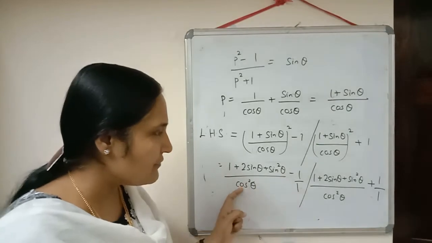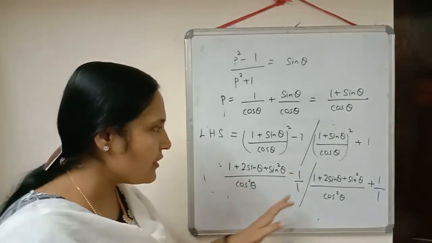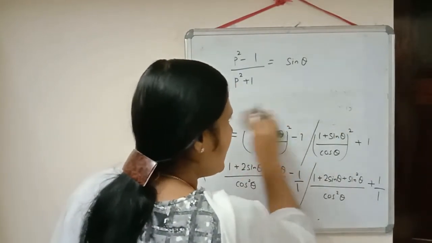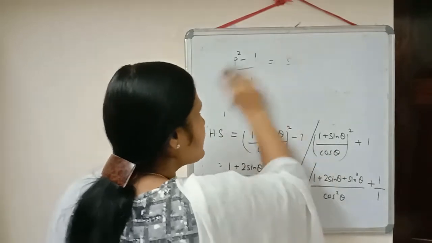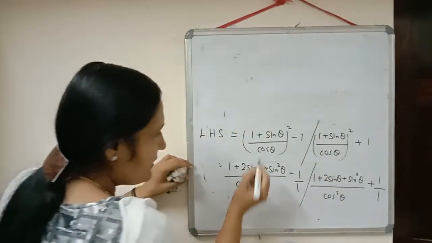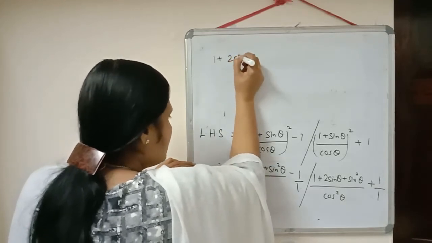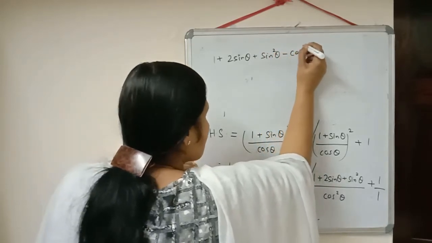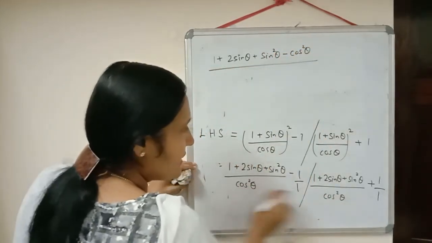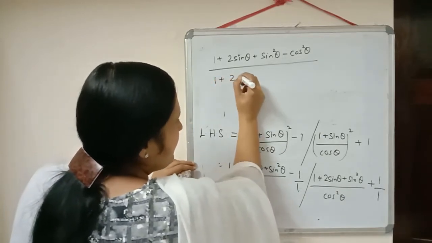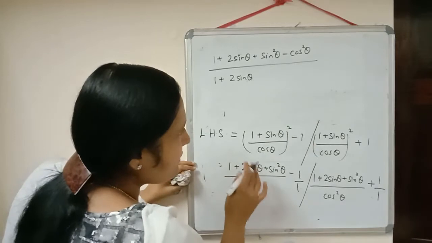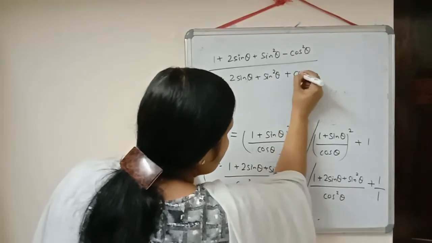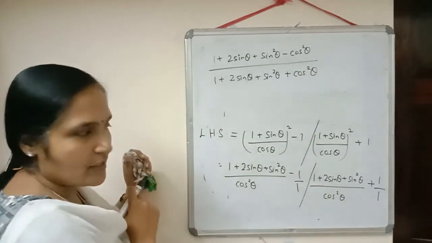So for that, first we will do the cross multiplication. After doing the cross multiplication, you can cancel it. So I am combining two steps there: I am doing the cross multiplication and then cancelling the term also. Then it will come 1 + 2 sin theta + sin² theta − cos² theta, cos² theta cancelled. And in the denominator we will get 1 + 2 sin theta + sin² theta + cos² theta. This expression will remain there.